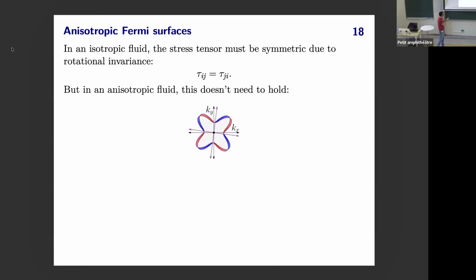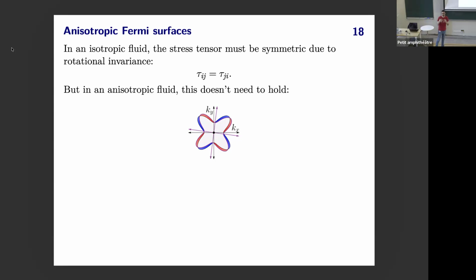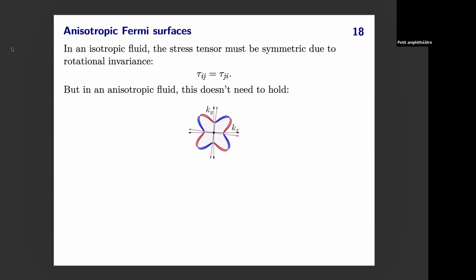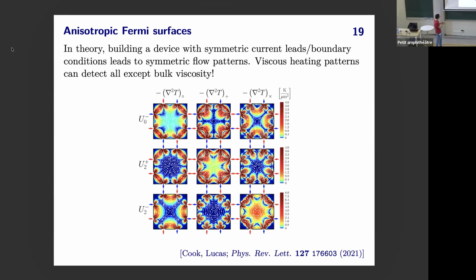But if we have an anisotropic Fermi surface, clearly if we start trying to imbue some rotation into the system, we kick the electrons so the Fermi surface rotates a little bit, this costs some energy. The system will try to relax back to its preferred orientation where the Fermi surface aligns with the crystal lattice. It turns out this gives you a new kind of viscosity that contributes to the antisymmetric part of the stress tensor. In principle, this is experimentally measurable, but again, it turns out to be very non-trivial.